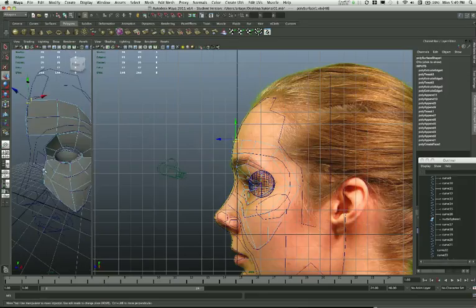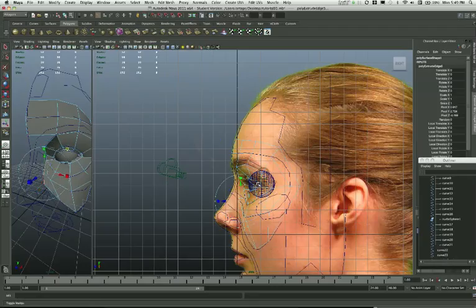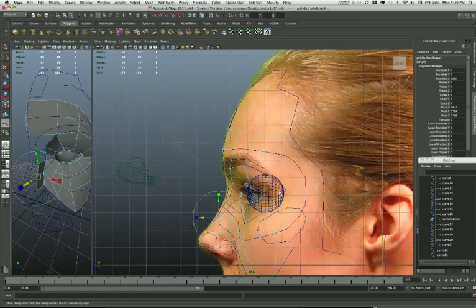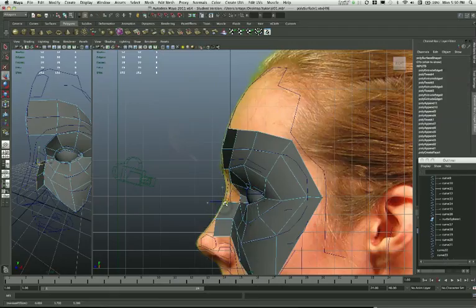I just want to bring those over because eventually I'm going to fill in this hole, so that's right. Now I'm going to select these two edges here to bring these over the nose, and let's just extrude from this angle. I'm going to go into the world, and I'll just pull these out. Then I'm going to again just correct these points here, so let's go back into shaded view. And my move tool, go to my vertex points, and I want to kind of